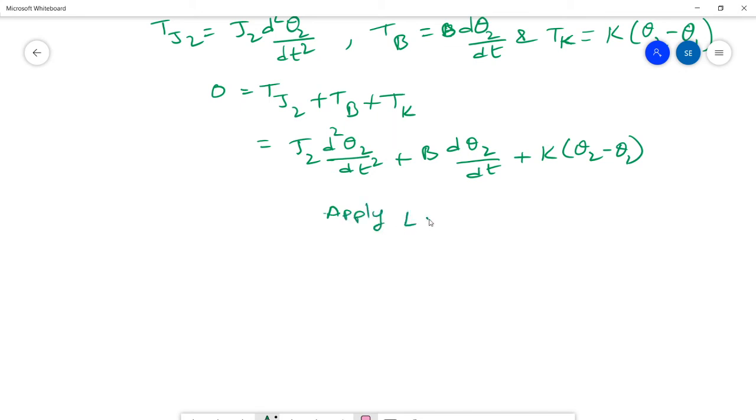Apply Laplace transform, that is J2 s square into theta 2 of s plus B into s theta 2 of s plus K into theta 2,